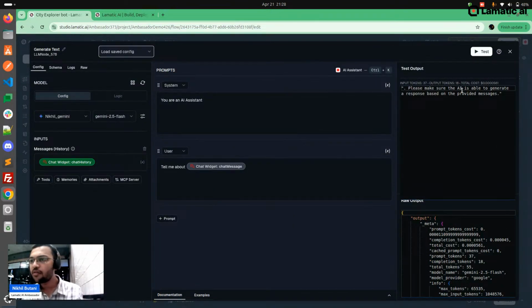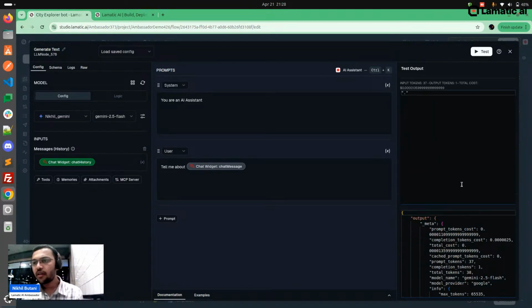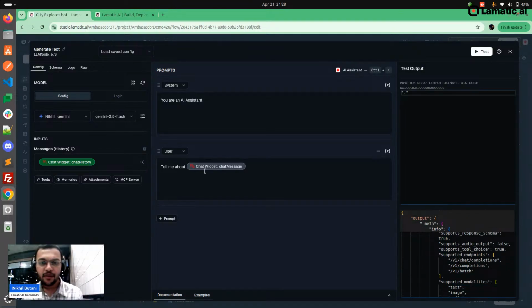Please make sure the input token is provided. I think it will take time in that, so let me test it again. Whenever a bot does not give the output, you can see it here as well.